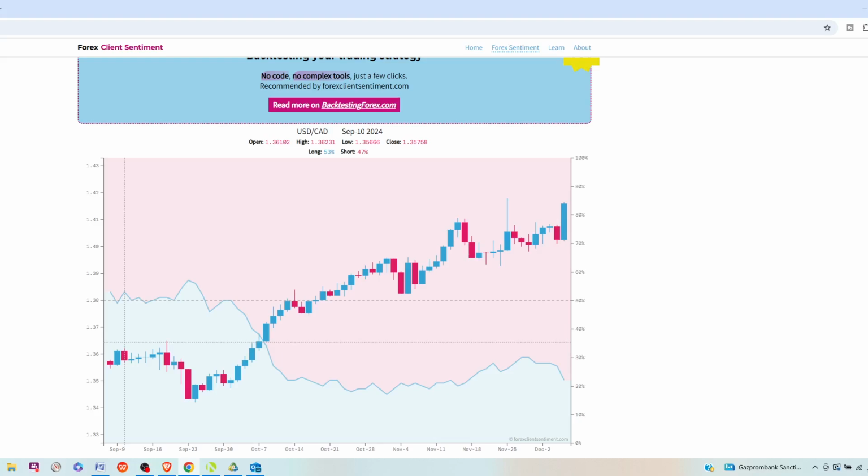This is a nice way to have a pretty straightforward mechanical system in Forex that allows you to only have to look at these charts basically once a day, when the daily candle closes, to look for opportunities. And like I said, it definitely puts the odds in your favor in terms of trading against the retail crowd sentiment, which, as we know, the vast majority of the time is wrong.